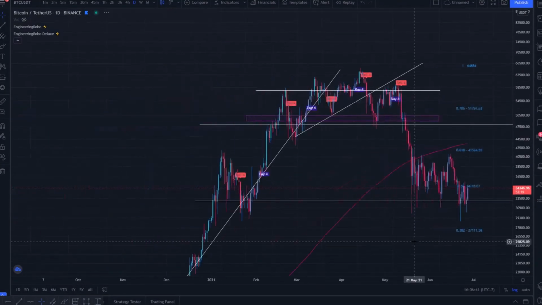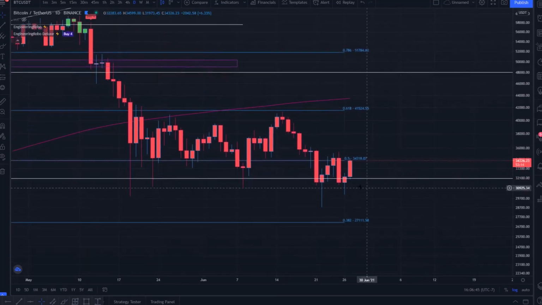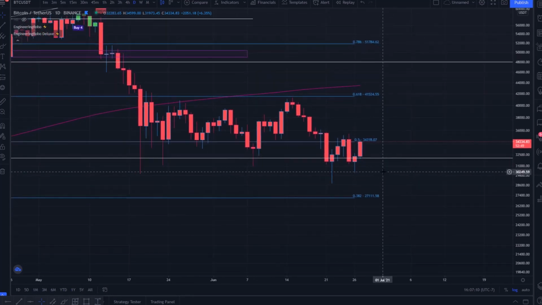We have price action finding its way above 32K again. So we have an attempt to bounce at that level. Another attempt at support I believe is going to be found at this range. If we do get slapped off of that 0.5 Fibonacci line, which we got rejected from a couple days ago, the 25th of June, the 0.5 Fibonacci line is going to be very significant moving forward. Even once we find support at that range, we're going to have even more sell pressure at the 0.618 Fibonacci line. And so price action is at a very pivotal moment at this current price level.